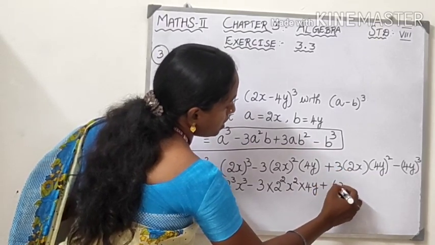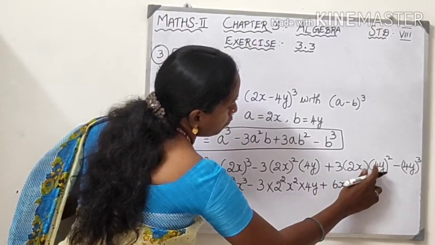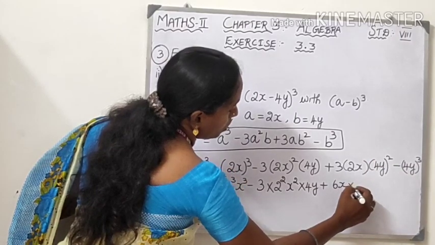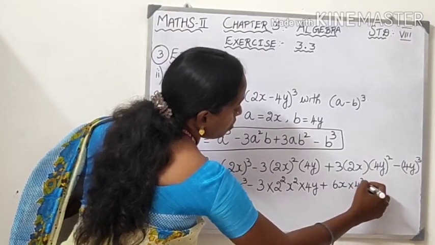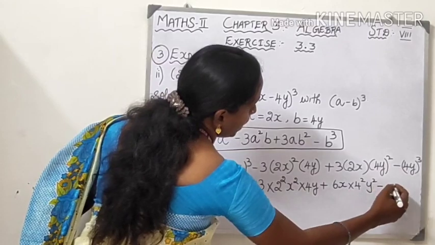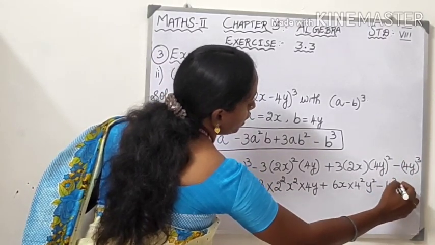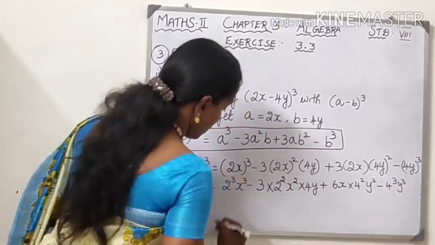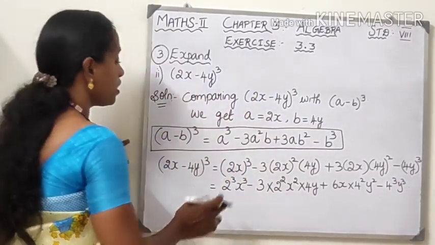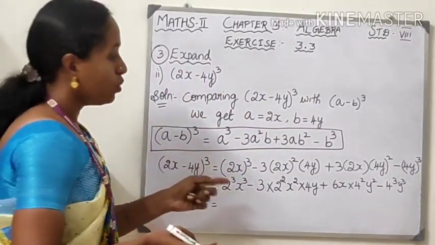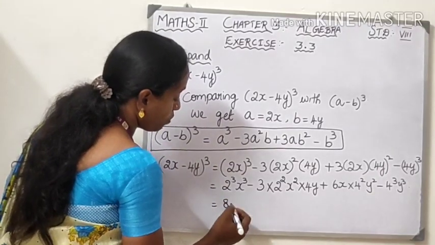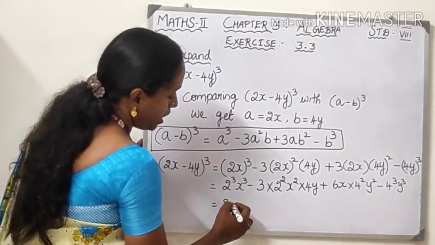So we can write 6x. Then 4 square we have to write. So into 4 square, then y square minus 4 power 3 will come. So 4 power 3, then y power 3. So 2 cube is nothing but 2 into 2 into 2. So 2 cube value is 8. 2 2s are 4, 4 2s are 8. So 8x cube